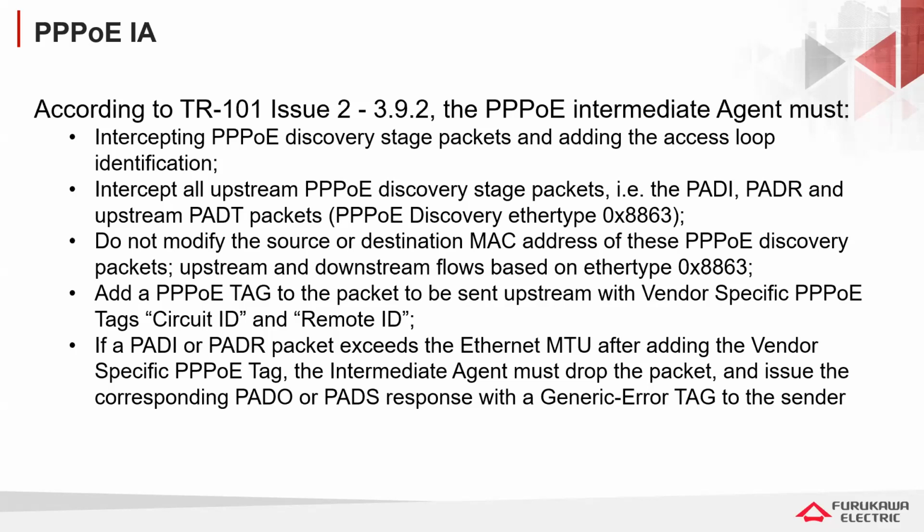And add the PPPoE tag to the packet to send upstream in the direction of the BNG, and the vendor specific PPPoE tag, circuit ID and remote ID. And if after we insert such tag the packet surpasses the MTU size, we need to drop the packet according to TR-101, okay? And issue a response to the sender,